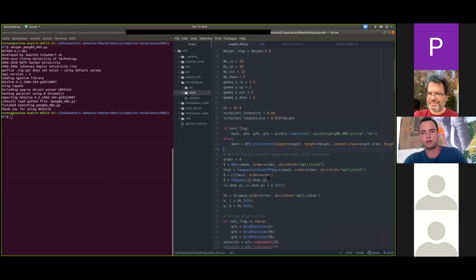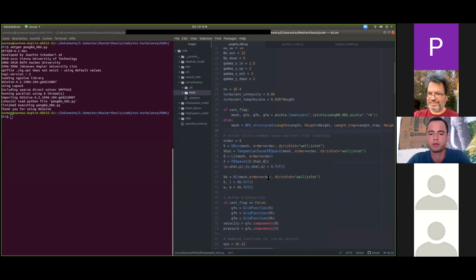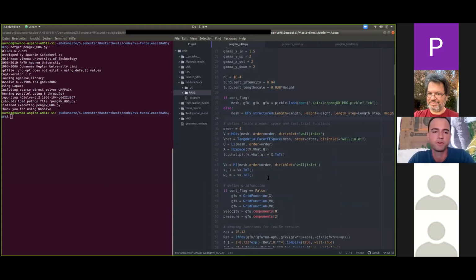If we have our mesh and our geometry, we are able to define our finite element space for the Reynolds equation as well as for the turbulence model. For the Reynolds equation, we use the H(div) conforming HDG method. Therefore, we have the H(div) space and the tangential facet FE space for our velocity and a normal L2 space for pressure. Here, all those three spaces are incorporated in a new one,